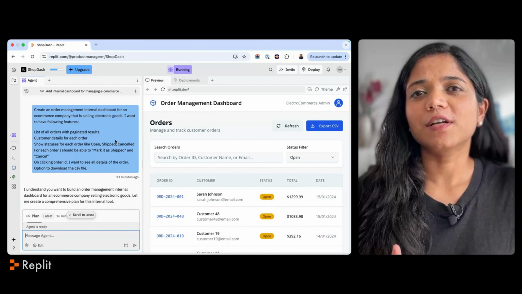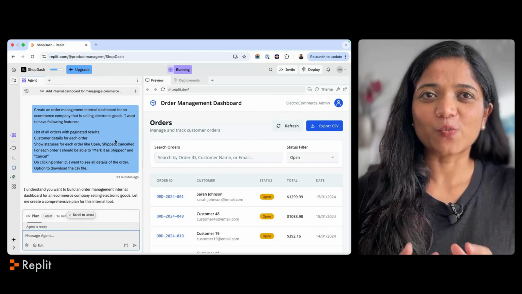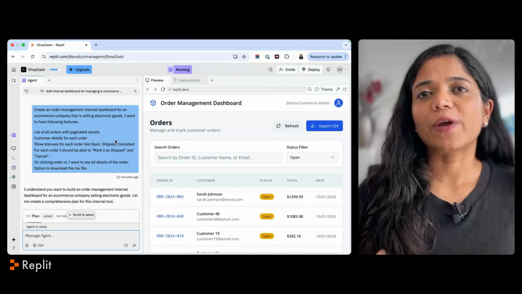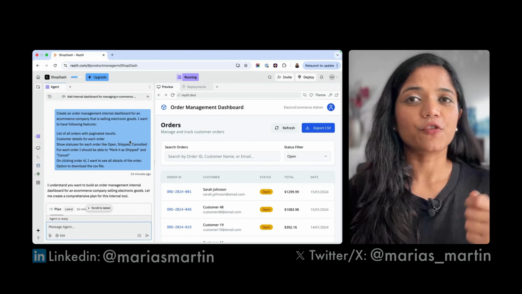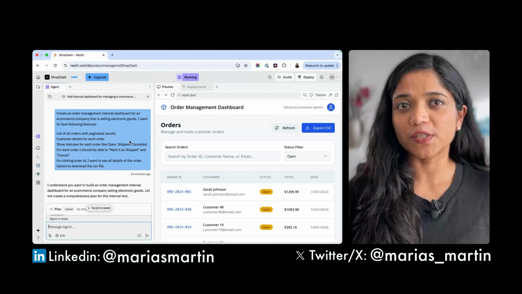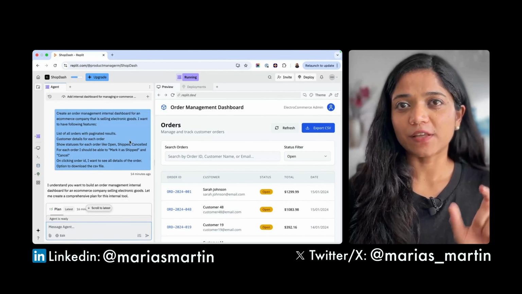It somehow doesn't turn out to be my number one choice when it comes to prototyping. Also, my use case is quite limited. So if you're a product manager and if you have used Replit, let me know what you use it for and what kind of features do you use in Replit for your work.